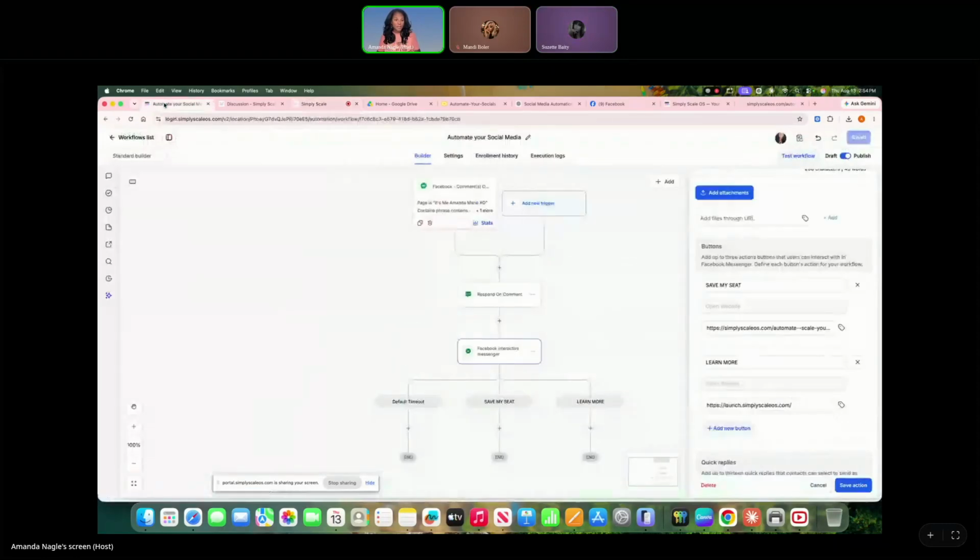Suzette, do you have the system already? Which system? Simply Scale OS. No, I just got into this. Mandy had posted on her page and I just signed up for the class. So I really don't know what it is that I need just yet. Gotcha. Okay. So Simply Scale OS is your system that I'm using.